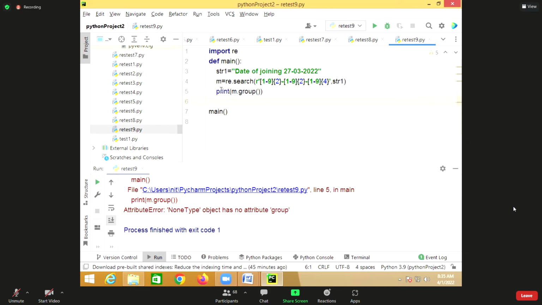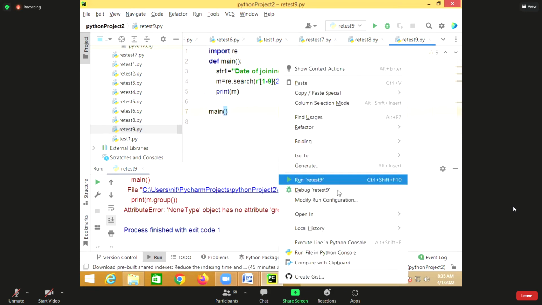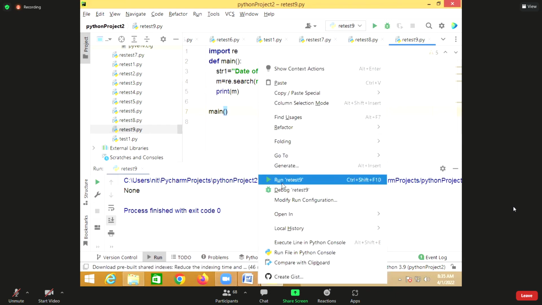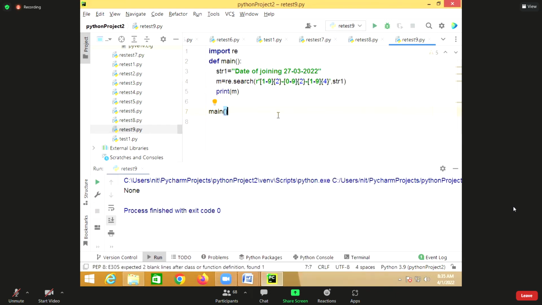This is a NoneType object. Why is it not finding the pattern? This should be 02, because 03 is there, no? Okay, 03 is there, then 27, 1 to 9, 4 repetitions.